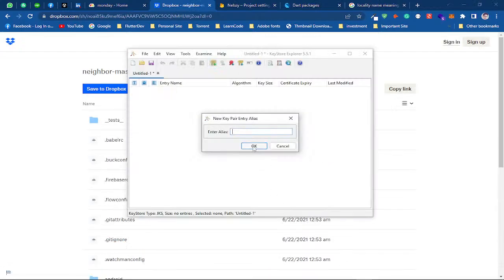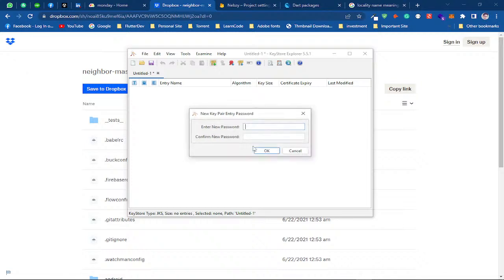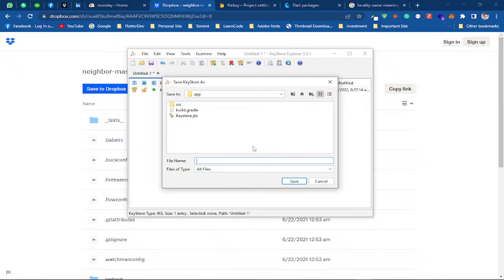Okay, so the alias name will be keystore and the password will be Android. Okay, so the password is Android. Okay, so I need to save this keystore file inside our